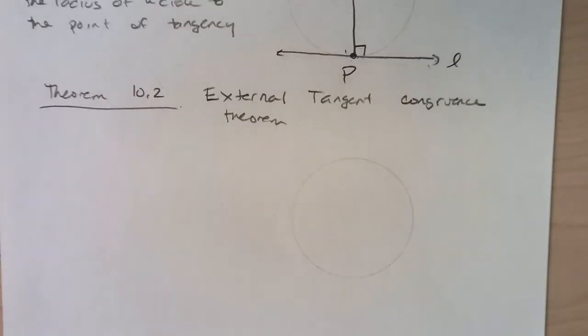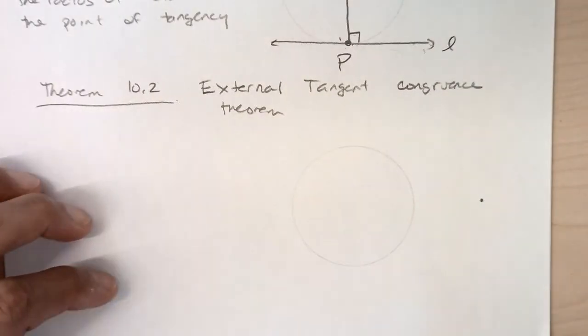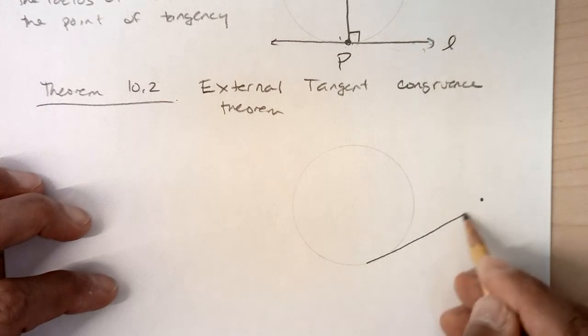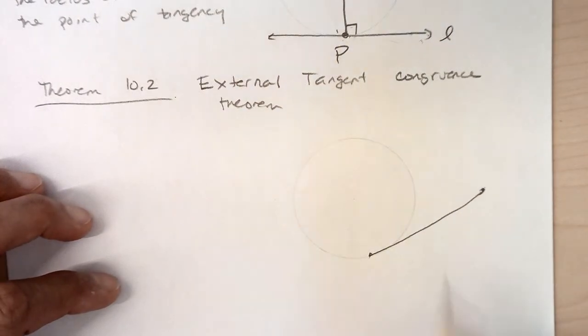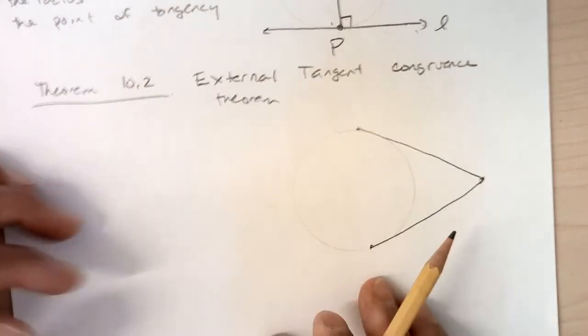And theorem 10.2, the external tangent congruence theorem. So if you have a point that's outside of the circle, that's an external point. If I have a segment, so besides a line, a segment could be tangent to a circle. It would just intersect that circle in one point. But if I have